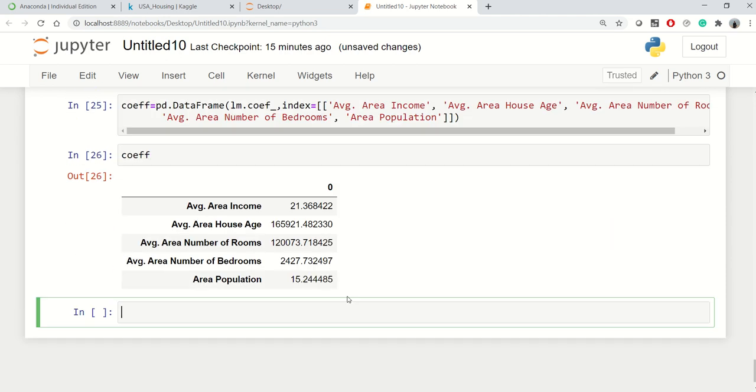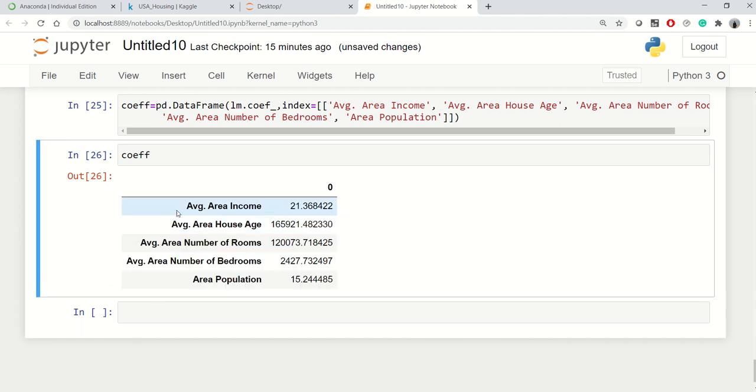So here it is. Now these coefficients are really useful for interpreting the output of our modeling. So what does it mean actually? Let's say average area income, and the value of it is around 21.